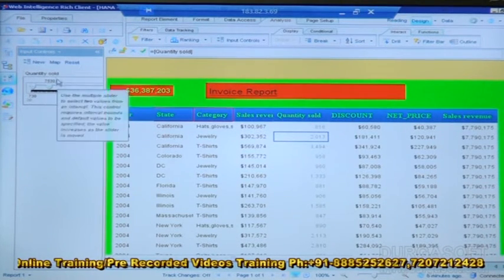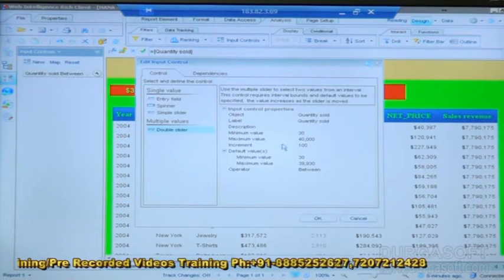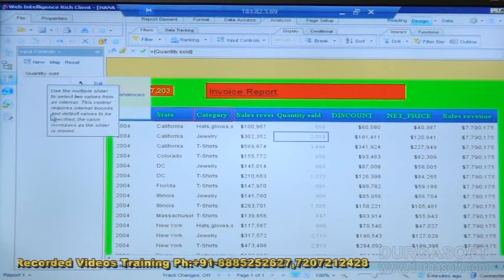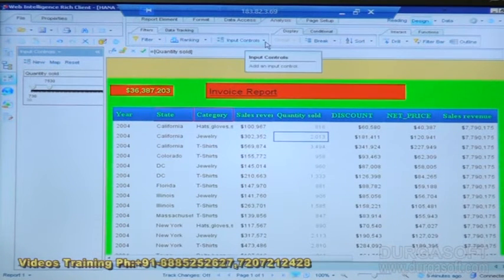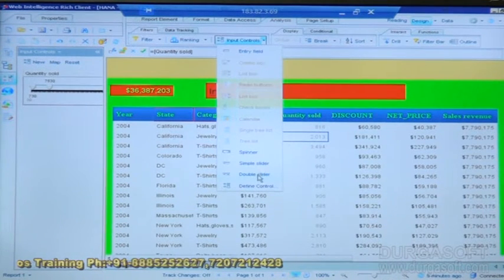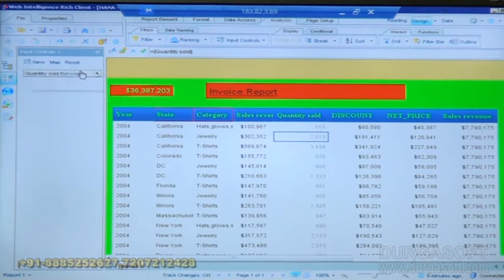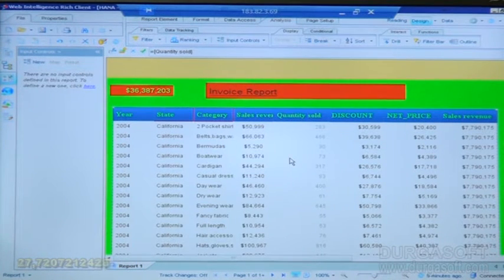This is the spinner. If you don't need it, just edit. So in input control, close the spinner. You can just remove it here. Okay, this is already there, then you can simply close this part. Remove, so it will remove all the input values. This is how we can use a spinner based on the requirement.